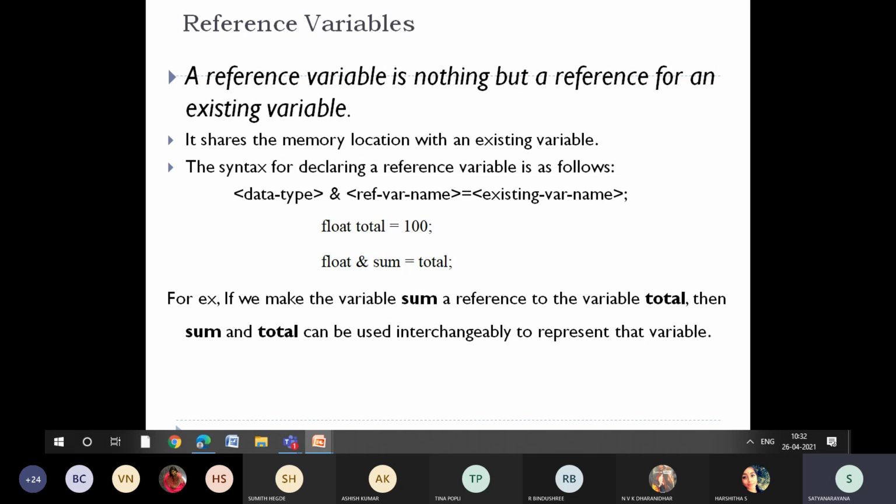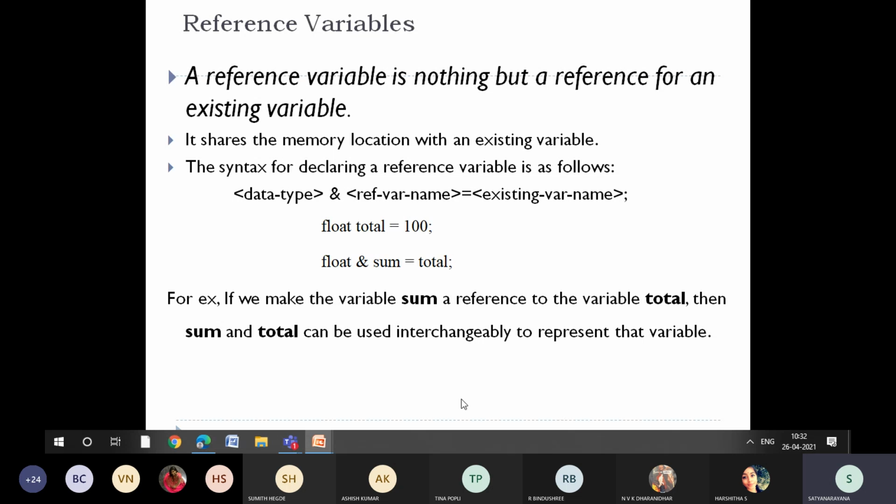So why do we do that? Say, for example, in a real-time example, when you are working with a program, you want to share the same program with 100 members. If any of the members deletes the original value, then you will be in trouble. So in order to avoid that, we are going to use reference variables.